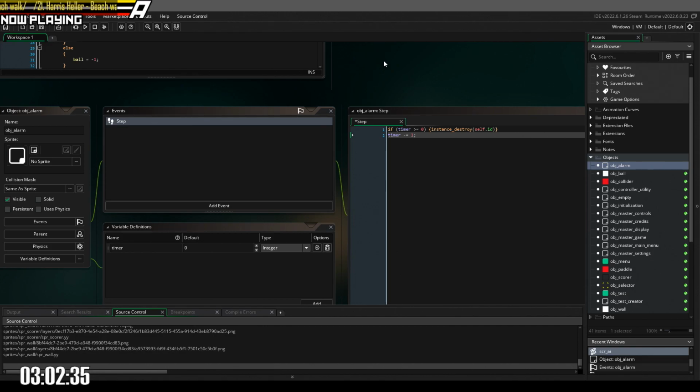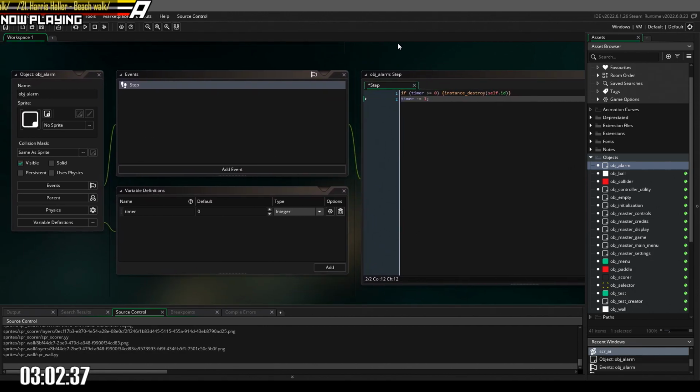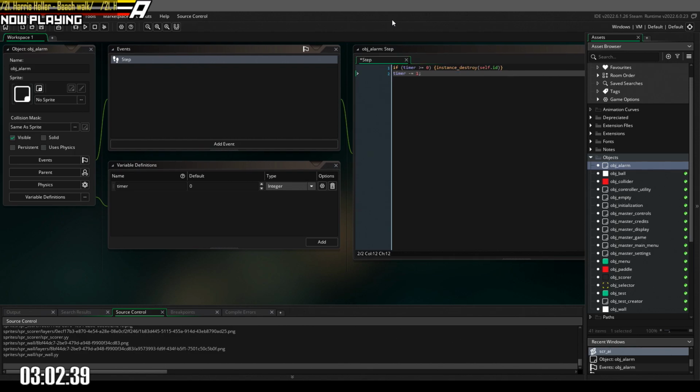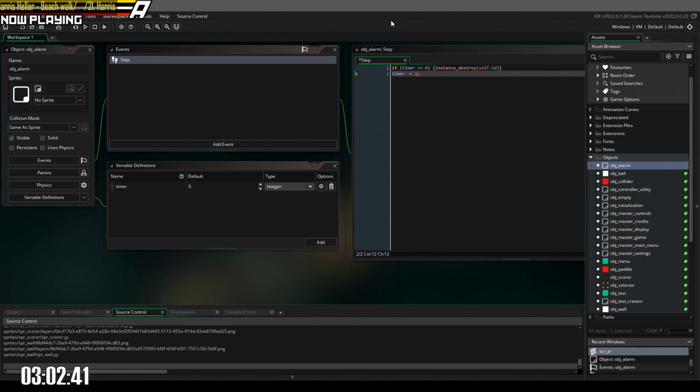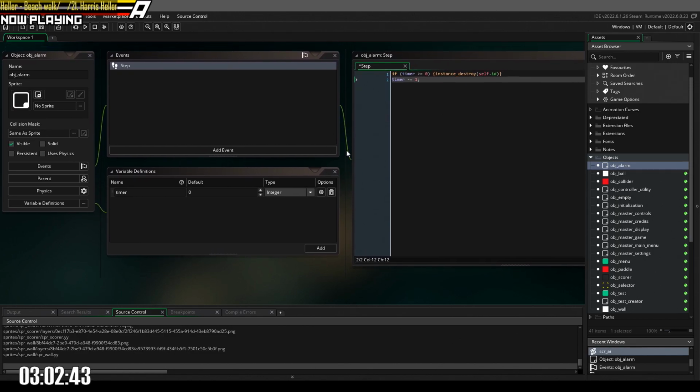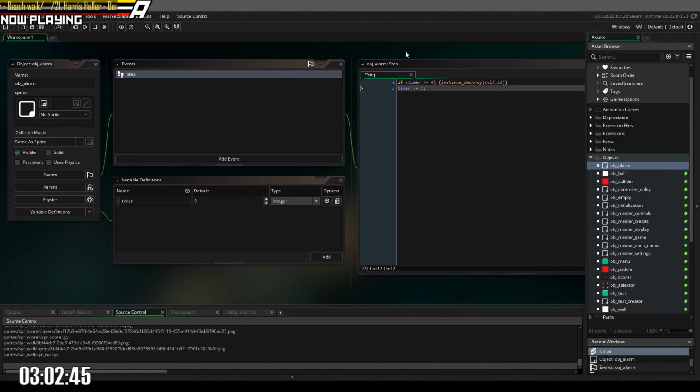Okay, so you know what I should do as well? So if I do that, I create the object alarm. It'll delete itself, and then